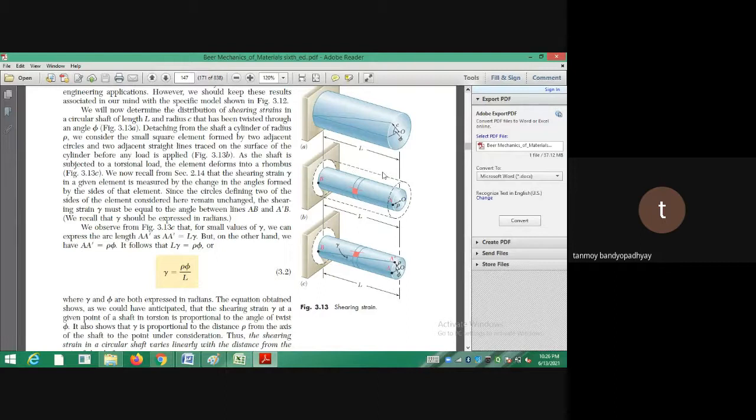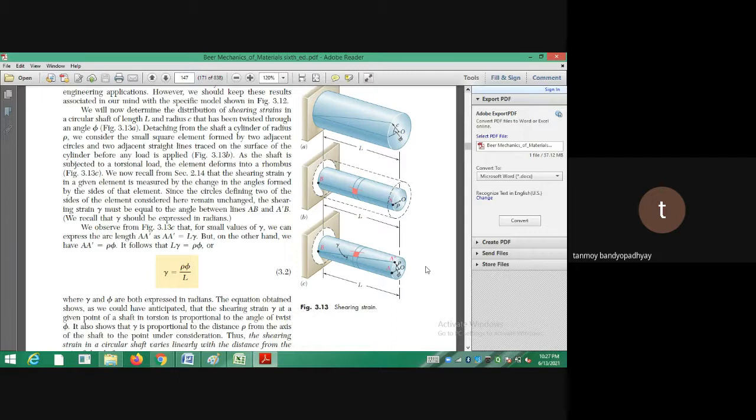You see the dotted line in figure B, that was the actual shaft. Now I can assume that the actual shaft is made up of many concentric circles. I have taken any circle having a radius rho. At that point also I will have the same calculations, which doesn't change since they are concentric circles. So you can assume that this point A, marked in red, can lie on any radius: at small r, or on the outside where small r is equal to capital R. I am doing my calculations at any radius of the circle.